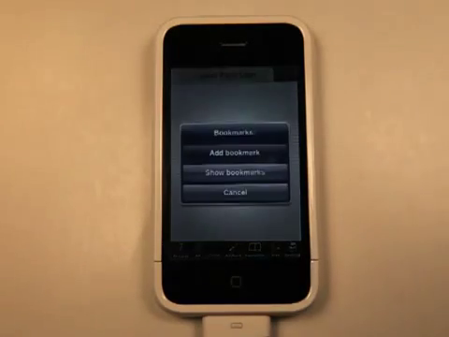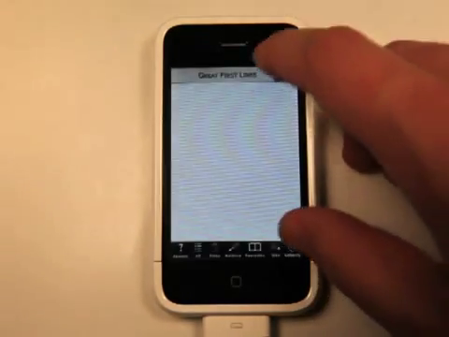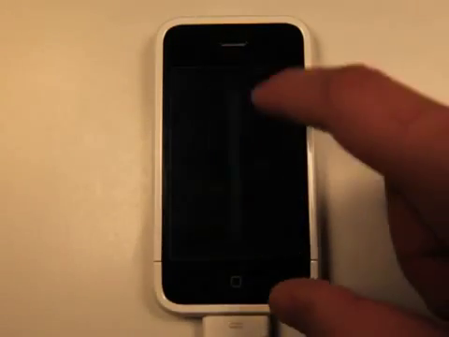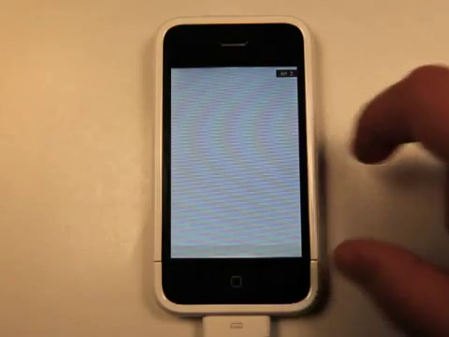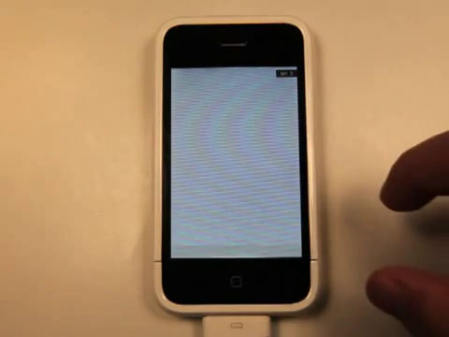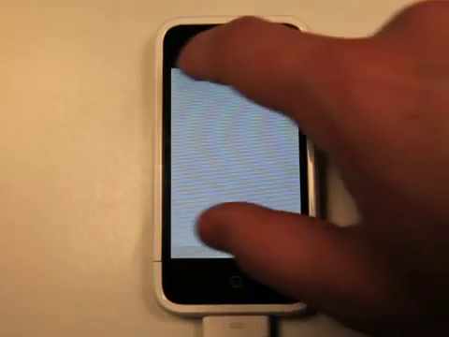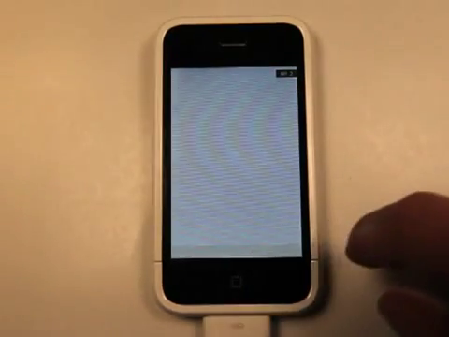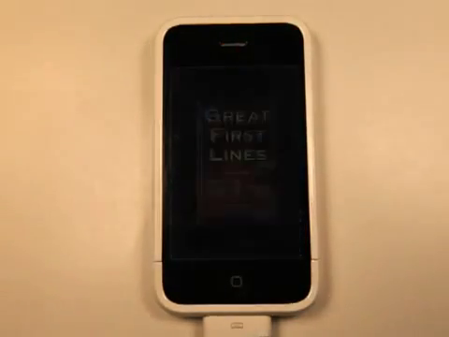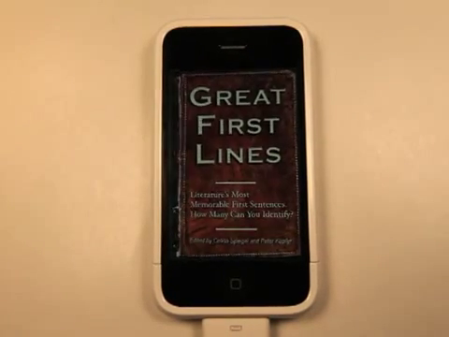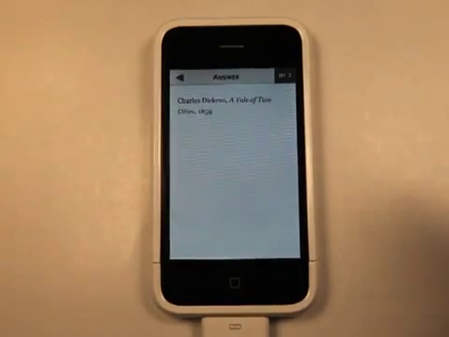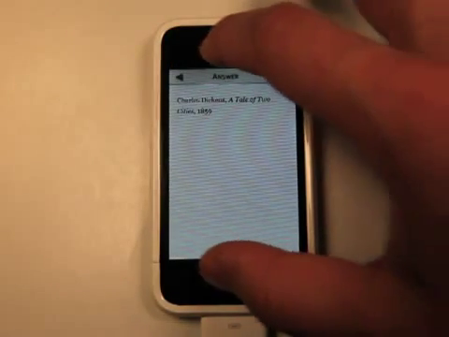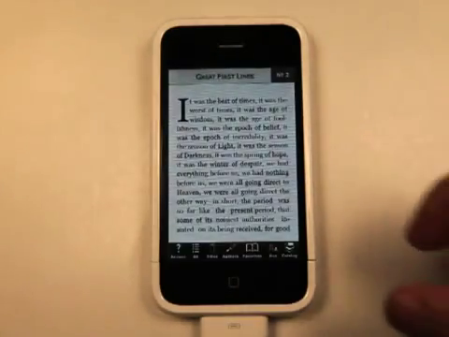Now I could favorite these as well. Let's go into, well, what do we got here? We just got a little bit of an error. Okay, let's exit out and get back in. So I may have accidentally stumbled on a little bit of an error there. Yeah, it's probably just my iPhone running into a memory issue, so it's probably not the app itself.